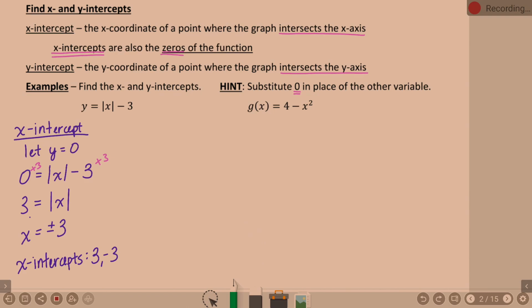Okay. So there could be 2. There's not always going to be 2, but there can be 2. That's my x-intercepts. We also need to find our